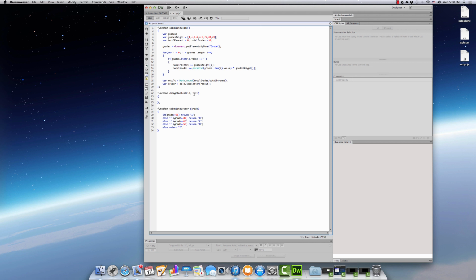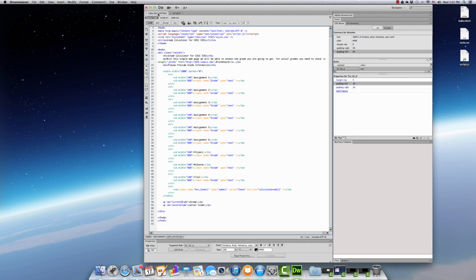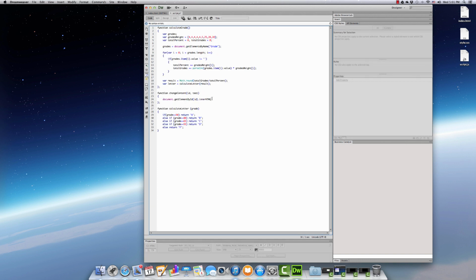So now, within this, that will be just a single line actually. Document.getElementById, and the ID is basically the ID we are passing. Dot innerHTML, which is the content actually. So inner HTML is like the things that are there between the opening and the closing tag. So inner HTML equals to text that I'm going to pass. Okay, that's it. Now at this point, in the calculate grade, we can say this, change content. Now we can call this function, pass the ID. The first ID is current grade,